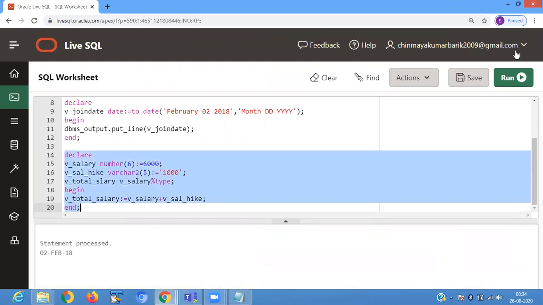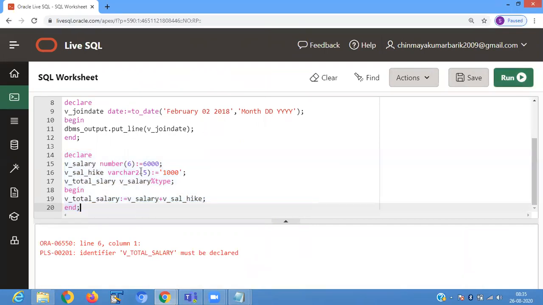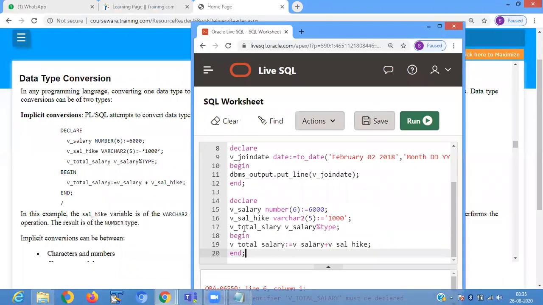When you execute the statement, it shows an error. Declare v_salary number 6,000. v_salary_hike is 1,000. v_total_salary, v_salary%type.